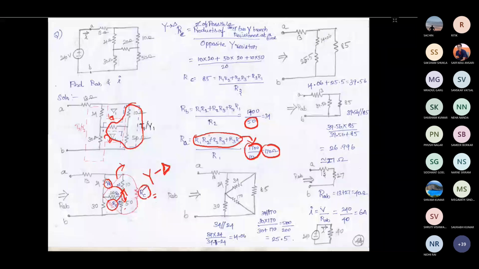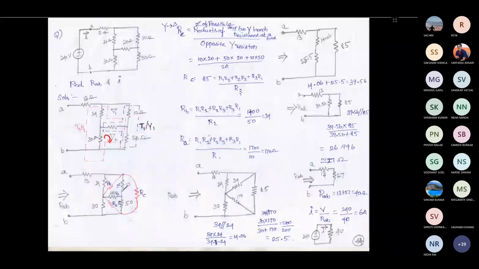Then for RC, again you take the opposite resistance for the denominator. So for RC you are getting 20 ohm, and that is given here. If you find the value like this, then we can find RC. Once I convert that, you can see that I am getting this figure, because after I convert from star to delta, my circuit has changed like this.